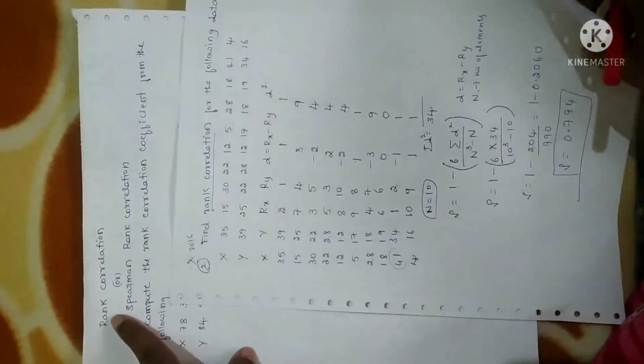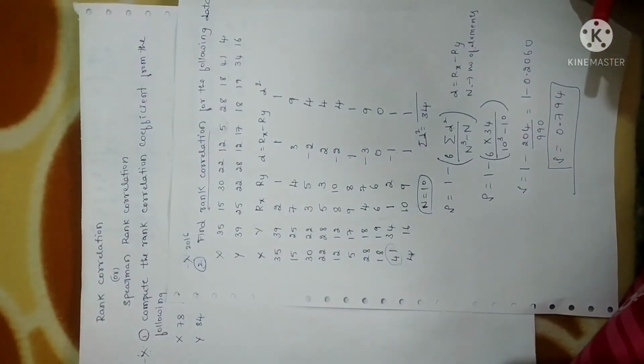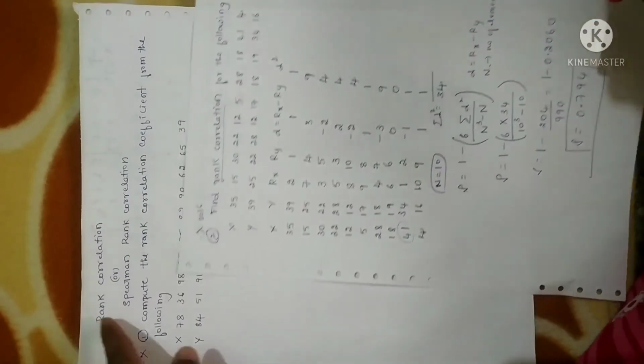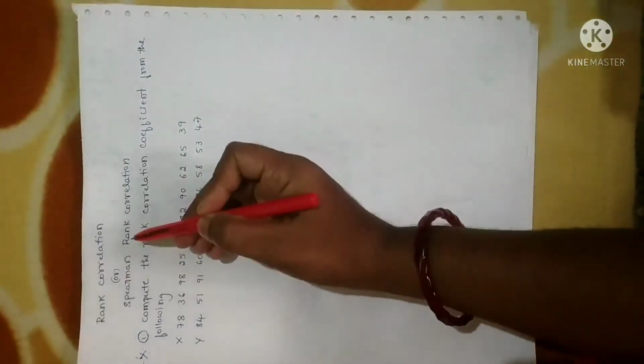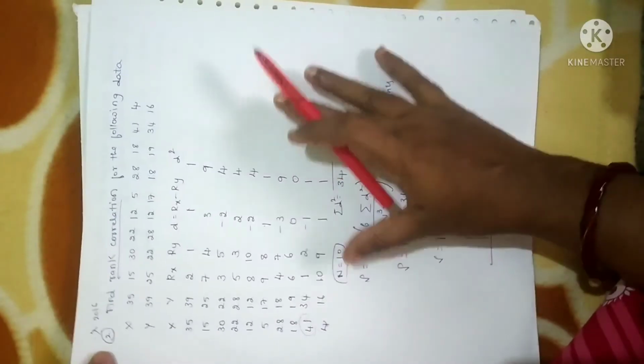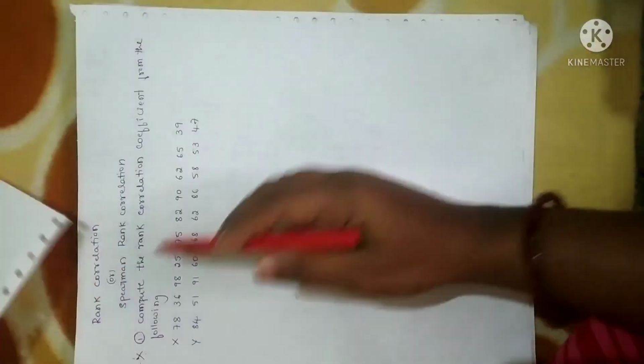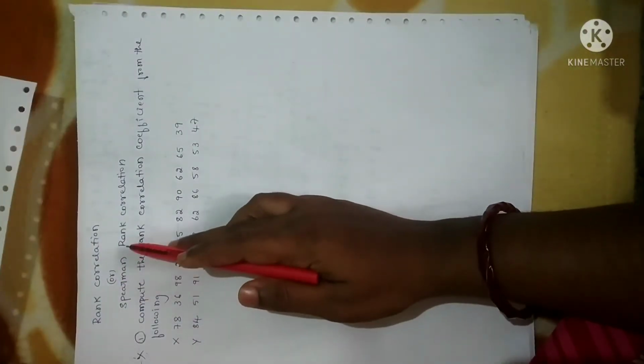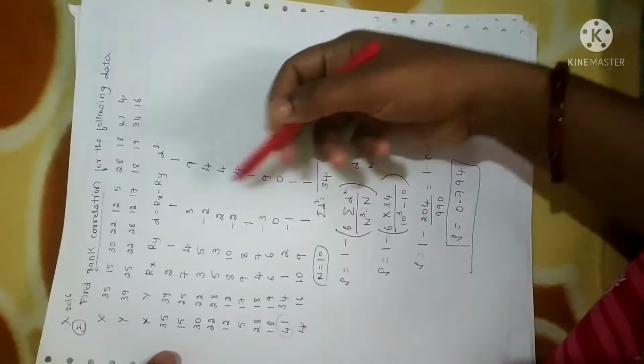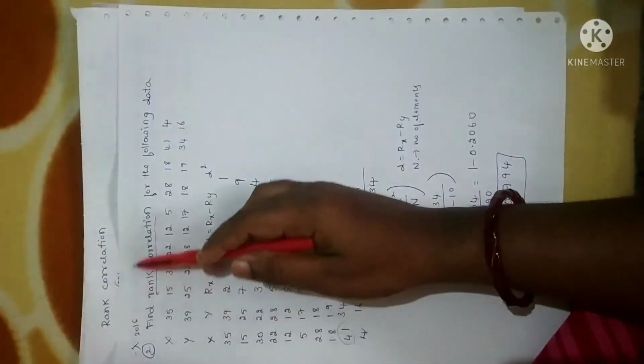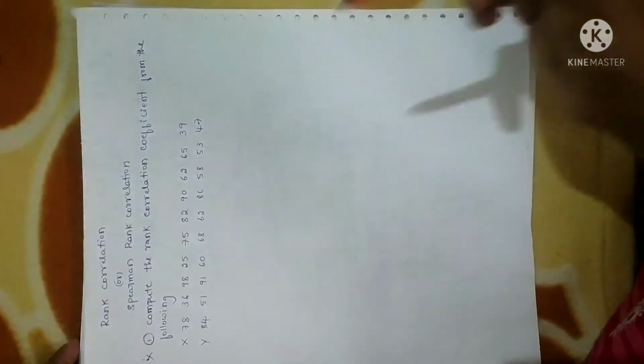So, not a problem. You put the heading after the completion of what we call the Karl Pearson coefficient of correlation. You put the heading rank correlation or Spearman rank correlation. After that, continue. You just write down this problem, or else first you write this problem. Afterwards, you can copy this. If you have already written this problem, it is not a problem. You just put a heading rank correlation or Spearman rank correlation.